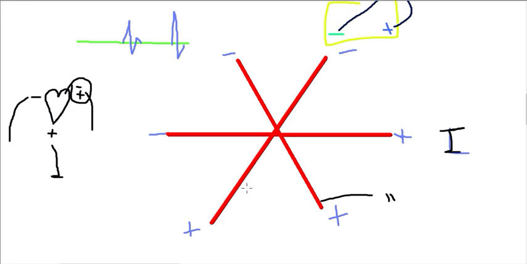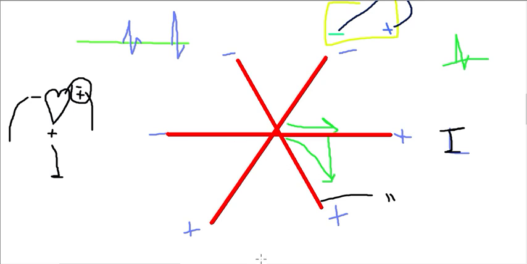And what is the direction of the QRS vector? In a normal heart, the direction of the QRS vector is in this direction. And if we draw the projection of this QRS vector on lead 1, we can say that the QRS vector's projection on lead 1 is towards the positive axis. That's why in electrocardiographic leads, you can predict that the QRS complex will be in the positive direction in lead 1. Now we will draw the projection of the QRS vector on lead 2.